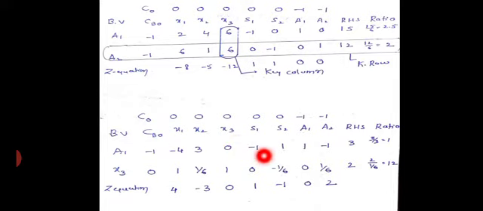Minus 1 into minus 1 plus 1, nothing will be there again. Again minus 1 into 1, minus 1, and 0 into 0, and minus of minus 1. Again minus 1 into 1, 0, 0. Next minus 1 into 1, minus 1, and 0 into 0, and here it's minus 1. Minus 1, minus of minus 1 plus 1, minus 1 will be 0 again, and here minus into minus 1 plus 1, and 0 into minus anything is 0, and here minus of minus, it will become 2 now.